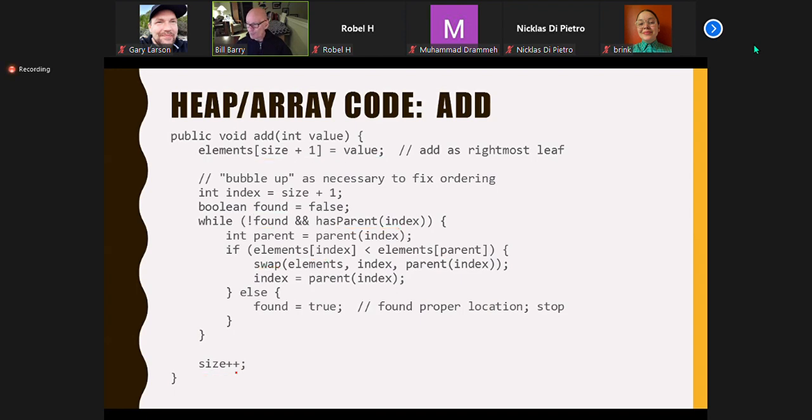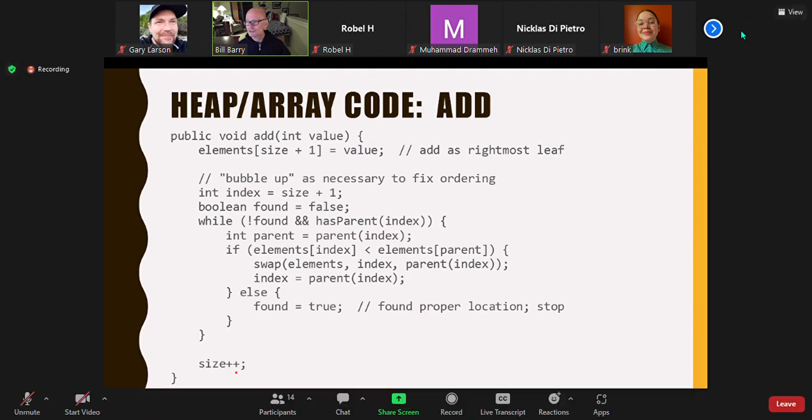So the code is more than I'm asking you to know, but it's not impenetrable once you understand the algorithm. Once you know how to move the things around and understand the sifting up, the algorithm is not impenetrably hard to understand once written into code. Now replace all these helper methods with math, and now it's hard to read, right? If you take every has parent and parent call and things like that, and you remove them and replace them with math, it's a lot harder to read, but that's unnecessary, right? Any questions about that, folks? So I'm not asking you to know